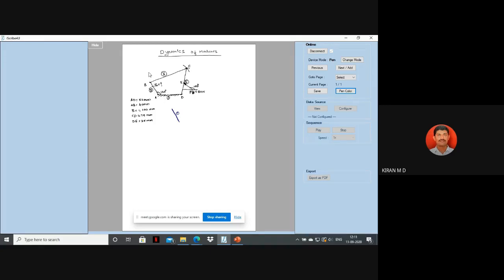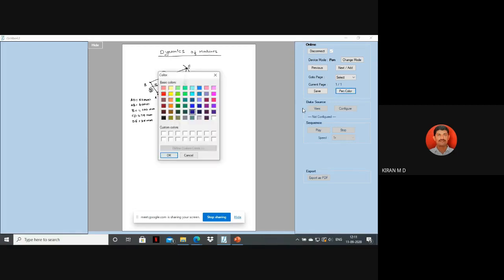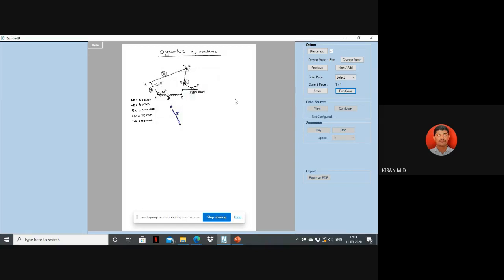Okay, don't confuse. This just separately I am writing the links. This is A and B. Okay, so now it will undergo the force. But sir, you marked AD as link No. 1. Sorry, this is link 2. We won't analyze the fixed link. Okay, this is link 2.